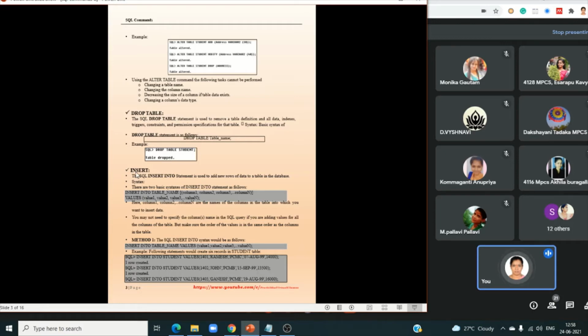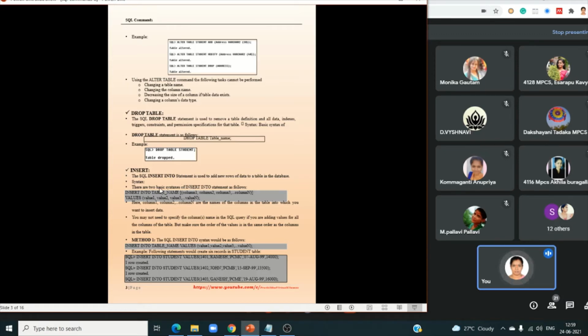Next, INSERT. The INSERT command belongs to DML, data manipulation language, and is used to insert records into the table, adding new rows of data to a table in the database.